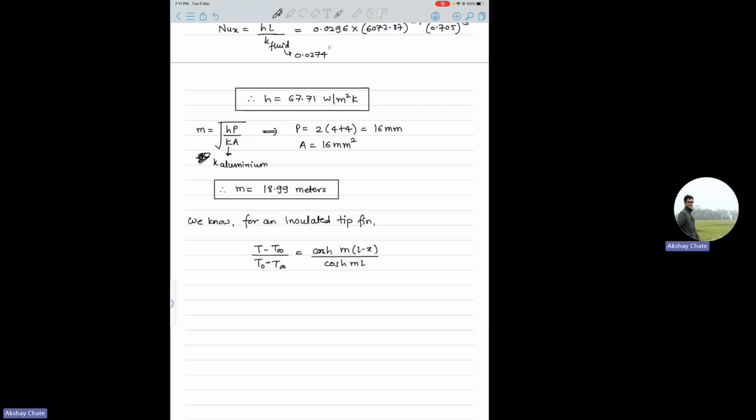Now here x is equal to L, right? So this numerator will become 1 because it is a cos hyperbolic of 0. And then it is just cosh(mL), because you need to find T at x equal to L, right? So if you do that,